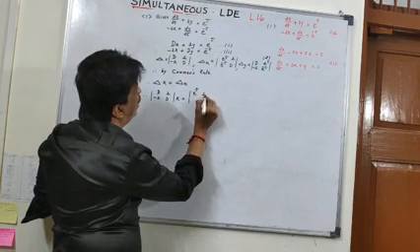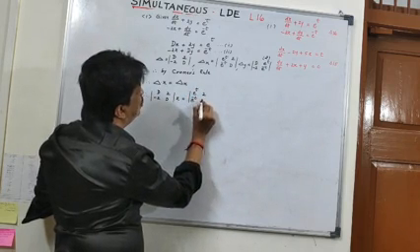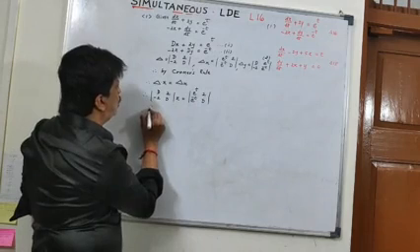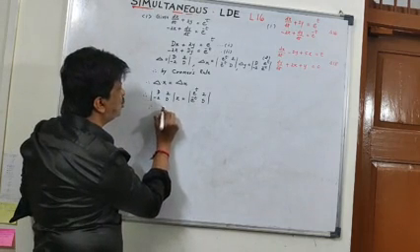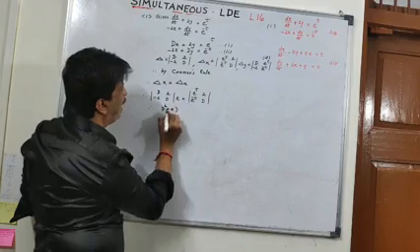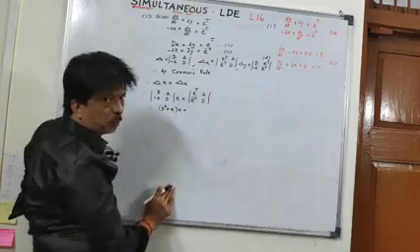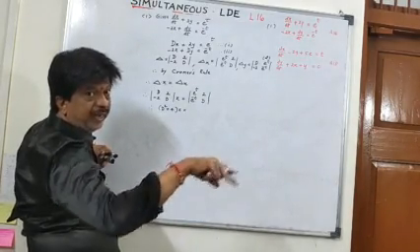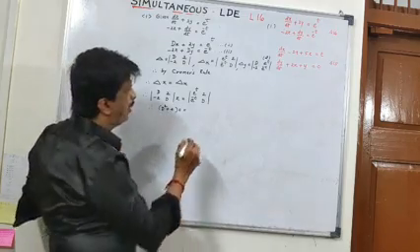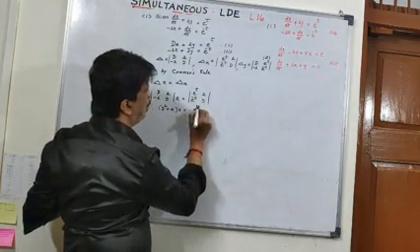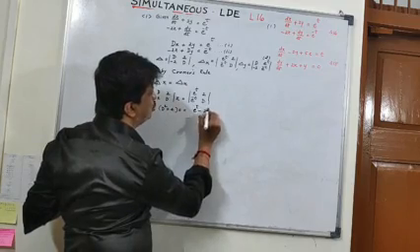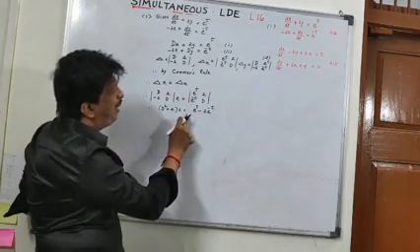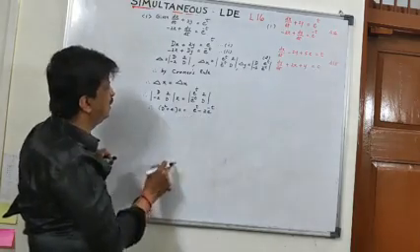e raised to power t 2, e raised to power minus t, which is further equal to this 2 by 2 determinant: d square plus 4 in bracket times x is equal to e raised to power t into d, d of e raised to power t, d by dt of e raised to power t is e raised to power t, minus 2 times e raised to power minus t. e raised to power t minus 2 times e raised to power minus t.